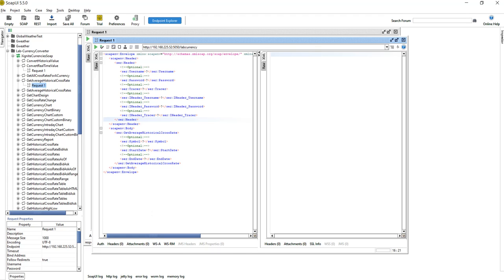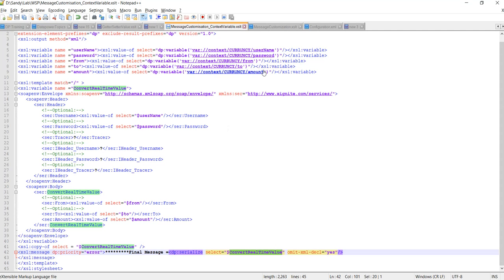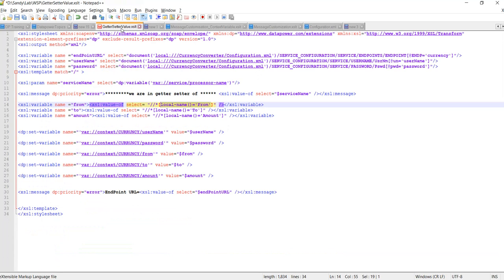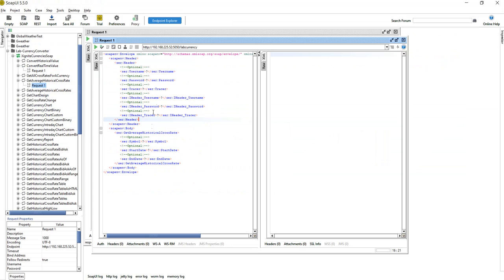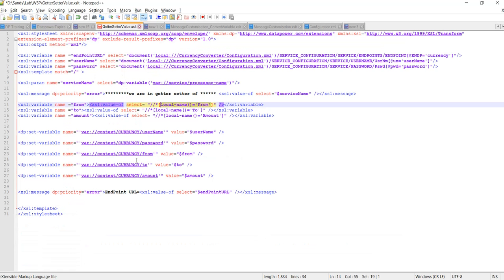So you need to write first what you need to do in the getter setter. What I did, as I'm getting those values from, to, amount, for this operation you need to get the values of symbol, start date and end date, and you can set the values of these variables in the context variable.